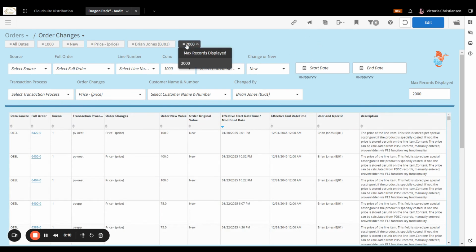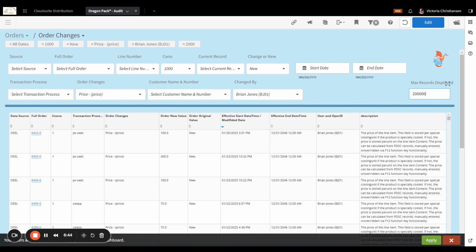And now I'm only seeing the last 2,000 records that matched. So this max record filter allows customers to dictate how many records are displaying in this report on their dashboard. Visualizer does have a limitation of 20,000 records inside of a Visualizer report. So for loading capability, right, if we limited it to a lower number and then they want to change all of them, we can go back up,